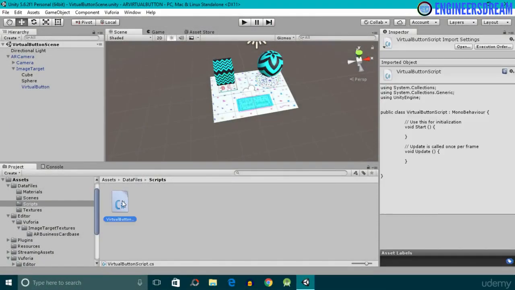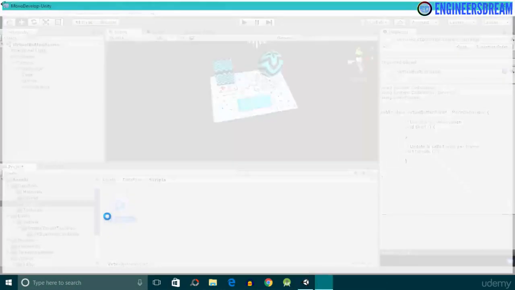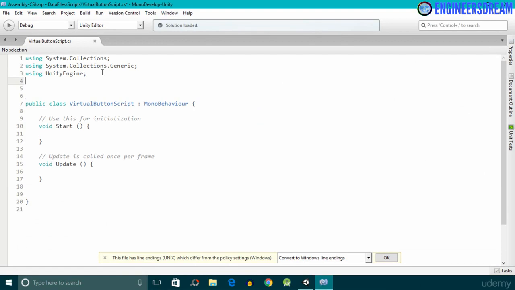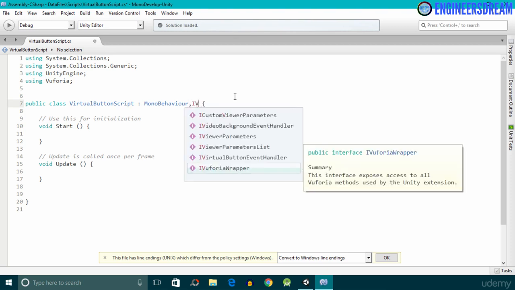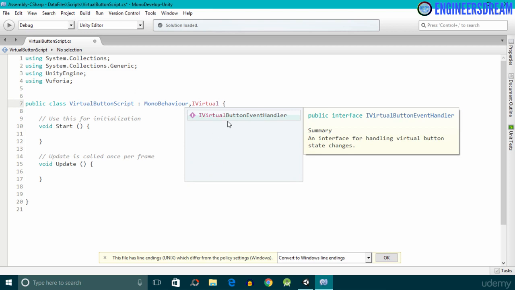So first, I'll open the virtual button script. Inside the virtual button script, I'll first add the Vuforia namespace. So I'll write down using Vuforia. Next, neighboring to the MonoBehaviour class, I'll put a comma and then I'll write down IVirtualButton. Okay, so as you can see, I have just written IVirtual and I'm getting this option of IVirtualButtonEventHandler,